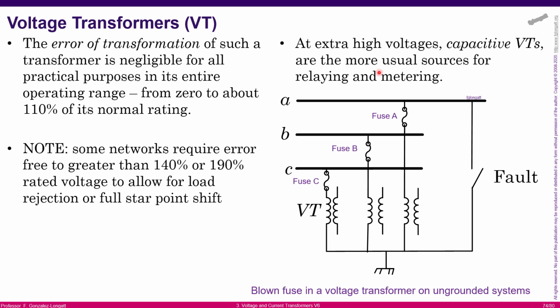Something that you must be aware of is that the transformation error of a VT is typically very, very small, especially if you are working in a normal voltage range. Okay. However, you must be careful because in some cases, in some networks, you require that the voltage measurement should be quite accurate for bigger or greater voltage levels. Okay. What I want to say is that typical voltage transformers are very similar to the two-winding transformer. However, there is a limit for the application. When you start to work with extra high voltages, the classical two-winding transformer, as you know, starts to be a problem, especially for insulation levels. And for that reason, we start to use what we call the